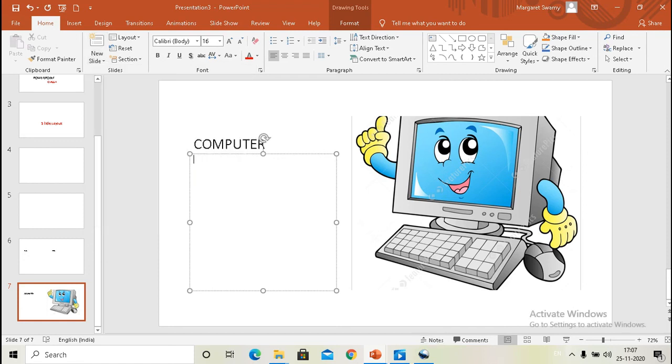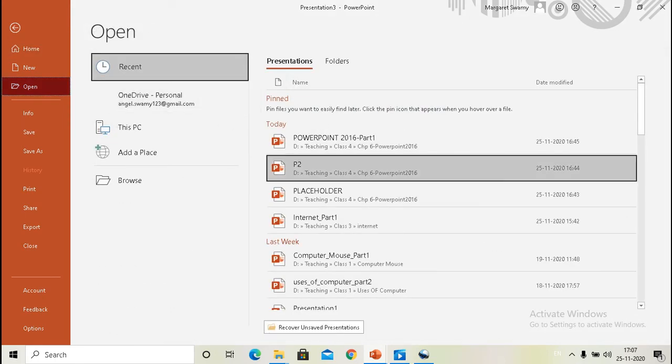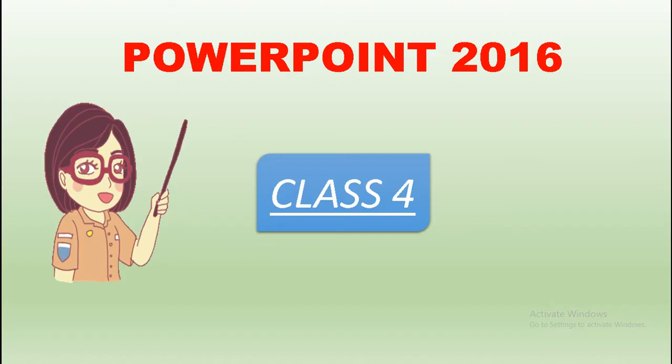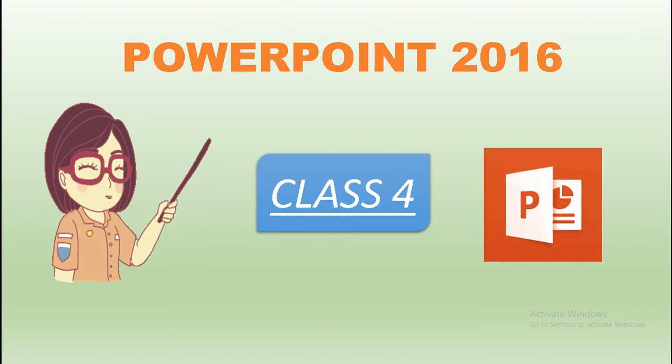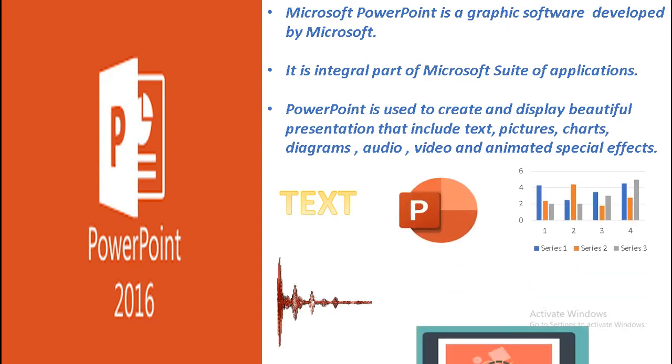Now let's see a presentation with a slideshow. For that, click on the File tab and select the option called Open. So here we have one presentation. Here in the View tab, you can see the four buttons. When you click on Slideshow, you can see the slideshow combines all the slides of the presentation, and it displays all the slides one by one.